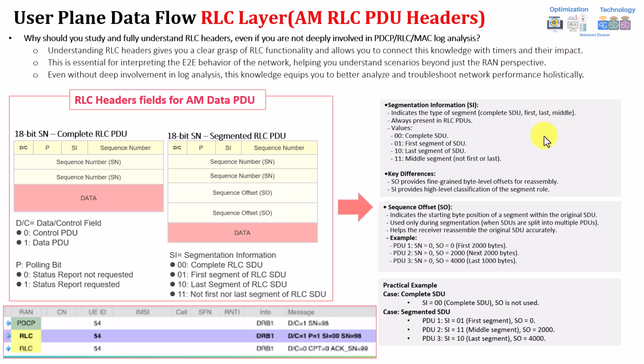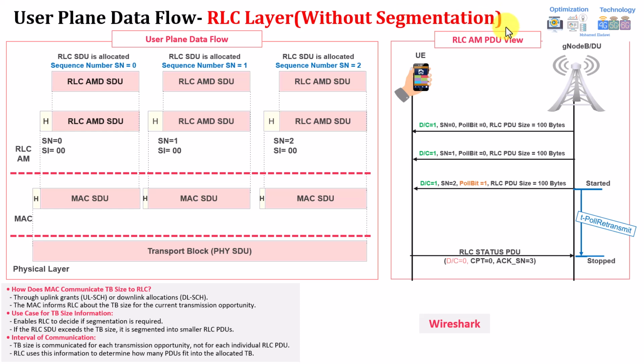Now let's move to the very interesting part of the RLC. In this example, I'm doing a quick example of how the data will flow from the RLC layer, in case the packet was not segmented. It means the complete packet would be transferred directly to the MAC. So I assumed here you have at least 3 RLC SDUs coming from the PDCP layer. As I highlighted, the output of the PDCP is called PDCP PDU, but it will be the input of the RLC, called RLC SDU. So I'm assuming here we have 3 different packets.